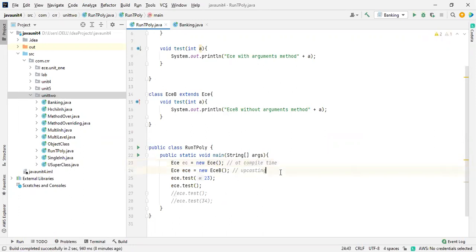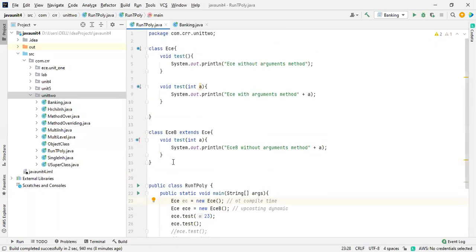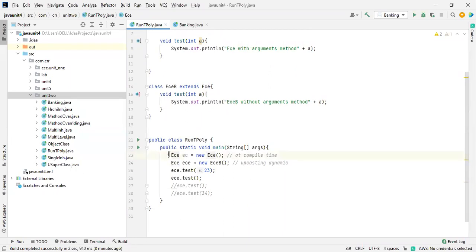This is dynamic. This is a very easy thing. So if you directly create an object for this class, this will happen at compile time. This will happen at a runtime.